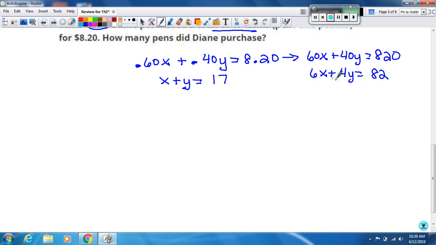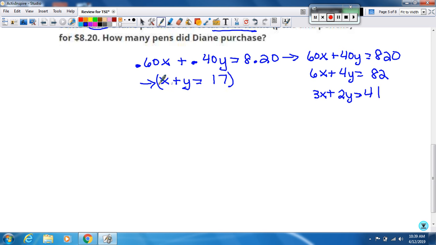And that can be simplified again because all those numbers are divisible by 2. So half of 6 is 3x. You want to get these equations down as much as possible before you start working with them. Half of 4 is 2 equals half of 82 is 41. Okay, so now I'm going to take this other one that we haven't dealt with, and I'm going to multiply